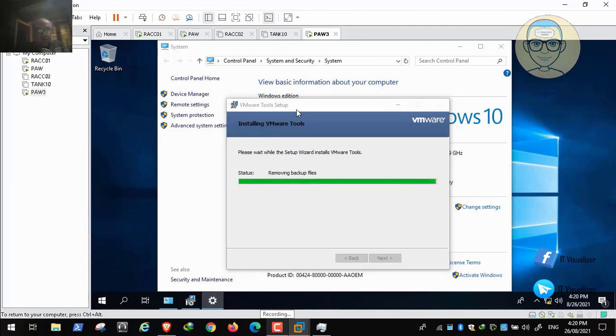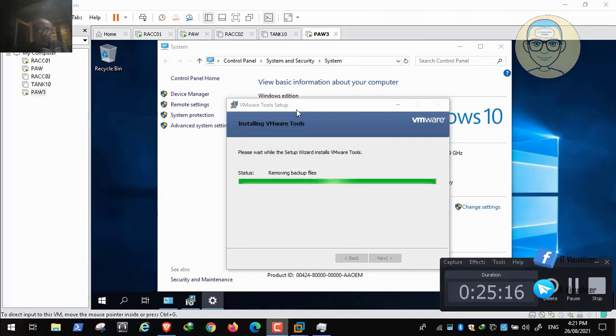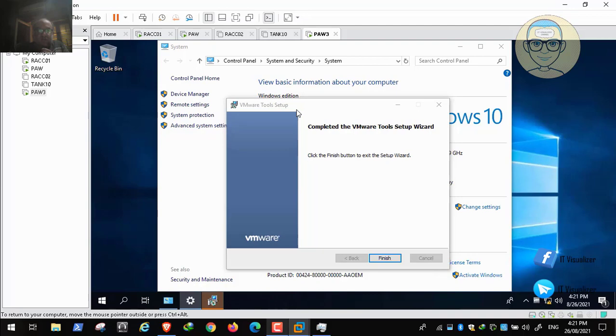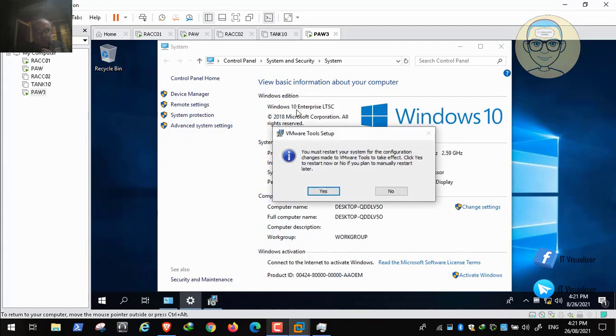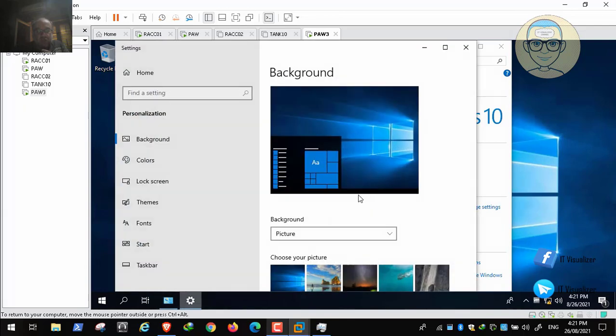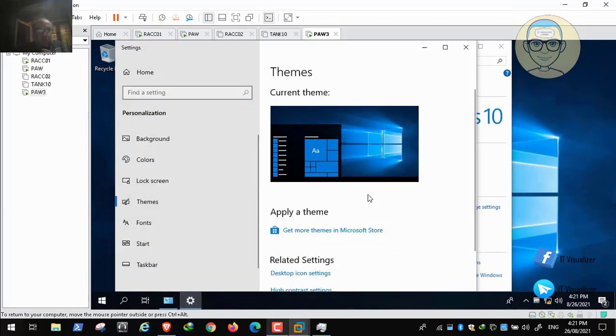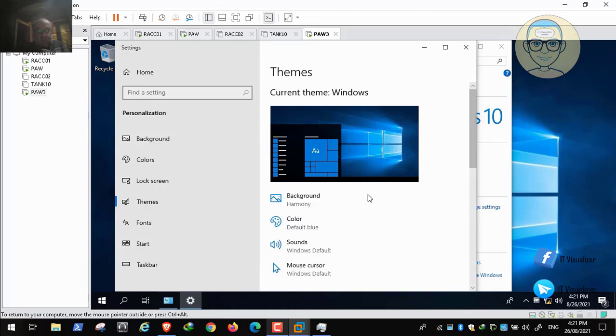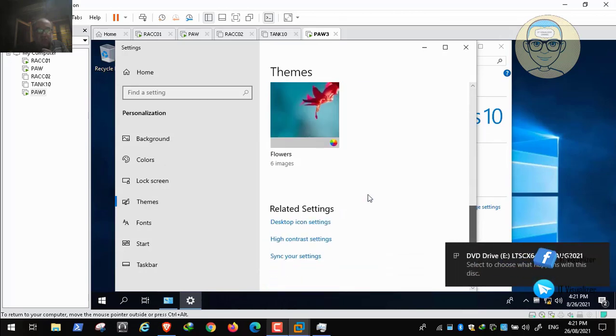So now we are moving the backups. Now we can see that the screen flickered, so this means that it has installed a graphic or a video driver. Now we need to restart, but before restarting we need to change the machine name from desktop to PAW3. Now we will go to themes in personalize and make a couple of icons appear